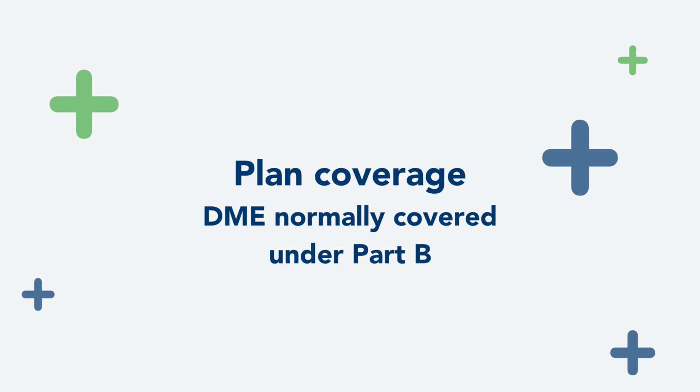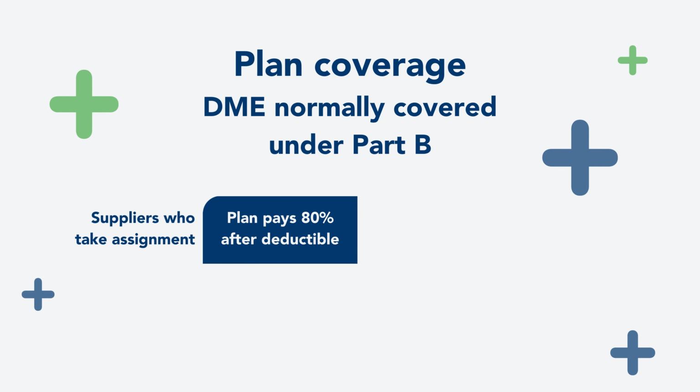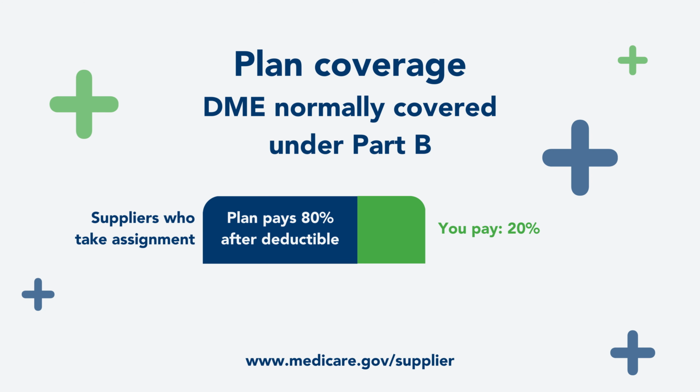In most cases, Medicare Part B covers your DME. Medicare normally pays 80% of the Medicare-approved amount after you meet your Part B deductible. This means you would owe a 20% coinsurance for your DME if the supplier charges the Medicare-approved amount for the item. To find a DME supplier that's approved by Medicare, visit